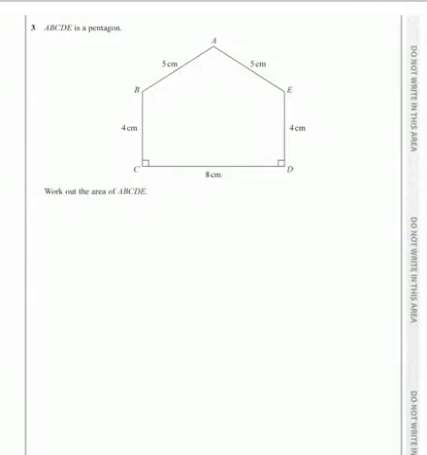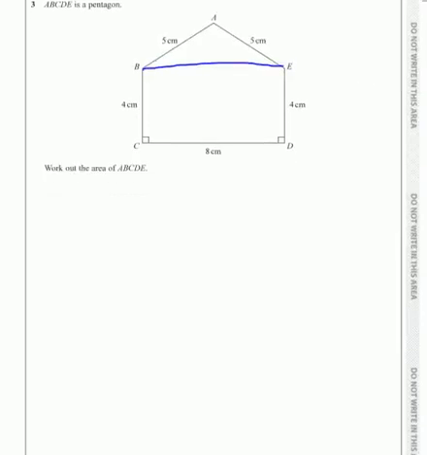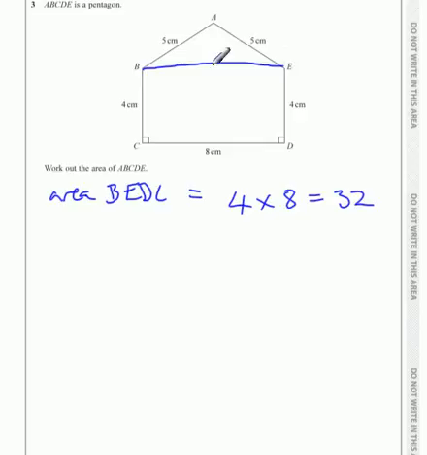Okay, question 3, we need to find the area of this shape. Fairly complex shape, so let's cut it down into things that we can work out. So first thing, we can cut it into this triangle at the top and a rectangle at the bottom, and then find the area of these two things. Find the area of the rectangle, that is nice and straightforward. So the area of B to E to D to C is just going to be 4 times 8, which is 32. The area of the triangle, we've got the base, because we can see that that is 8, but